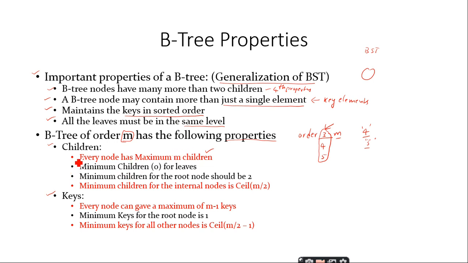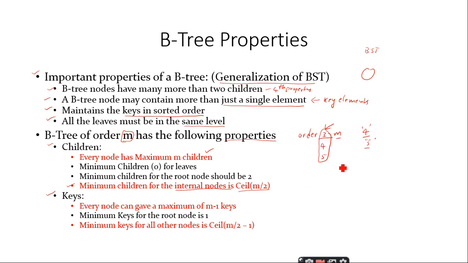And the remaining things, whatever I have marked with the red mark, are very important, right? So what about the minimum number of children? I know the maximum children that a node can have inside a B tree is nothing but the order. But what about the minimum children? We have a formula for the minimum children for the internal nodes: ceil of M by 2. What do you mean by ceil? We'll round it to the higher number, the upper level, right?